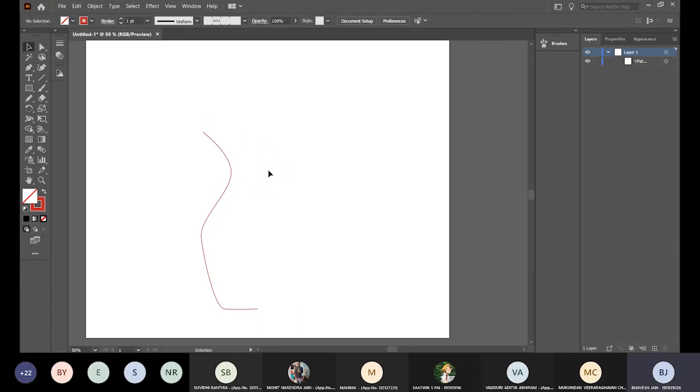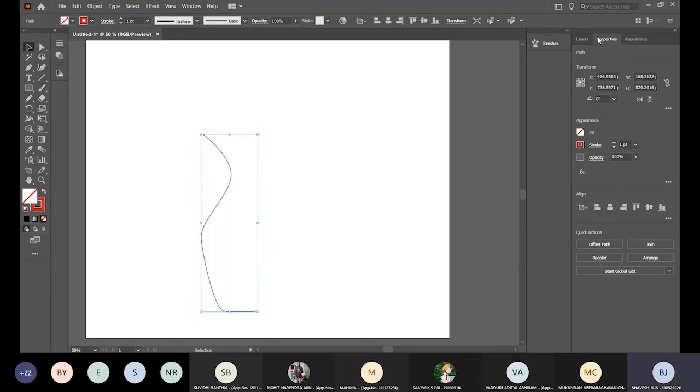So now we made this using the pen tool. Now for the second part, either you can draw the whole thing around, but there's a chance that it might not be perfectly symmetrical. So what you do is you hit Control C and you hit Control Shift V. It will paste it at the very same place you copied it from. There you go. So now you have two objects, two paths rather. So you go to the properties panel over here, just beside the layers, and you flip it horizontally. Are you guys able to see this thing? The flip horizontally icon.